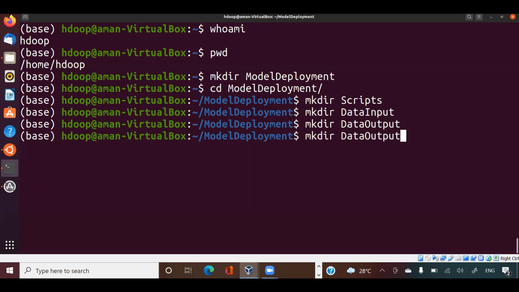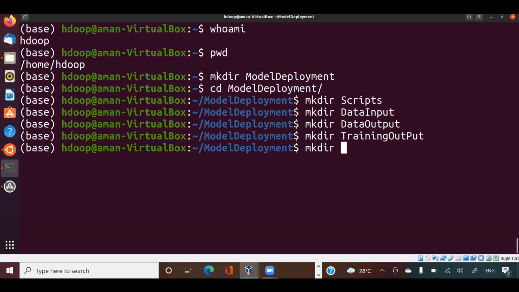The next folder I want to create here is training output. What am I going to put here, guys? Suppose you are training a model, then you will definitely store a pickle file, or for example, if you are doing some word embedding, you might want to store that embedding vector. All those things you want to store in training output. In the same way, I'm going to create a prediction output. In prediction output, I will put whatever I have to send after prediction.